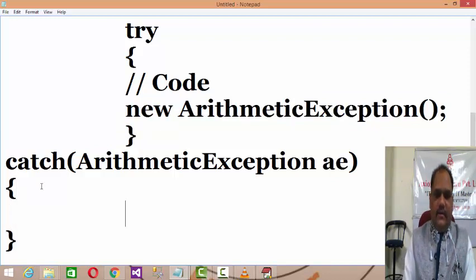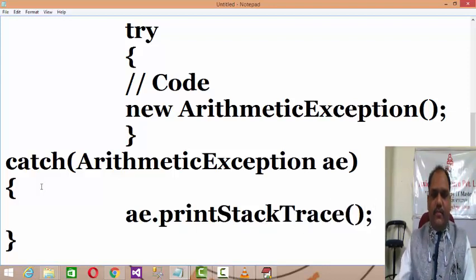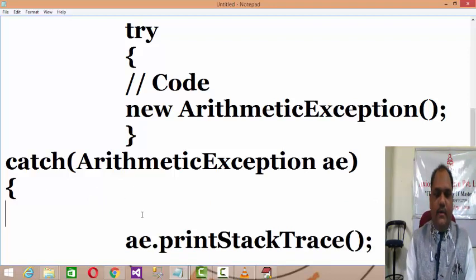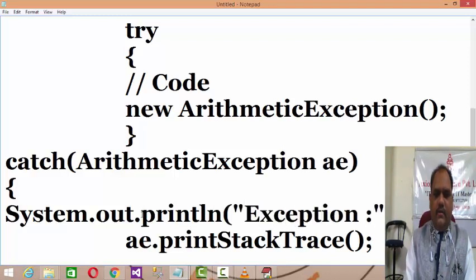And to print what exactly the exception is, you can use AE dot printStackTrace. What is printStackTrace? You can print the object of the exception in two ways: System.out.println and the exception, and you can print the object of the exception there.